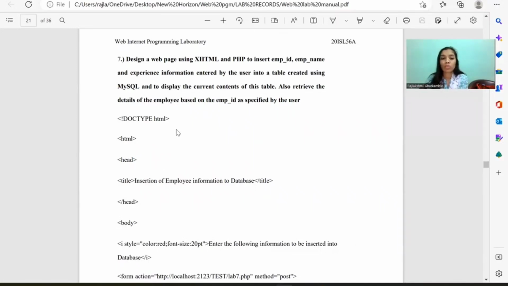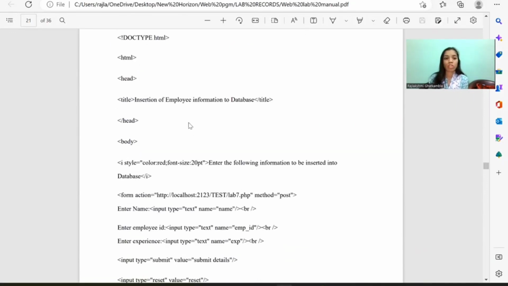Here we are going to use XHTML and PHP to insert employee ID, name and also the employee's experience information into our MySQL database, and also display the current contents of this table, and retrieve the details of the employee based on the employee ID. So it is going to retrieve all the details of that particular employee based on his employee ID. Here again, we are going to include the doctype, HTML, head, HTML and title as